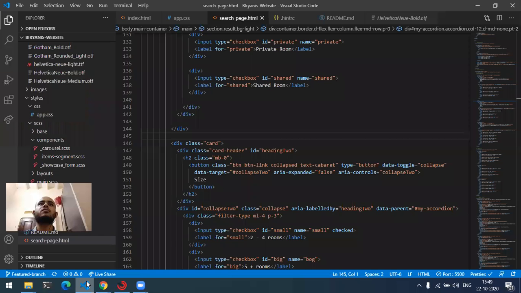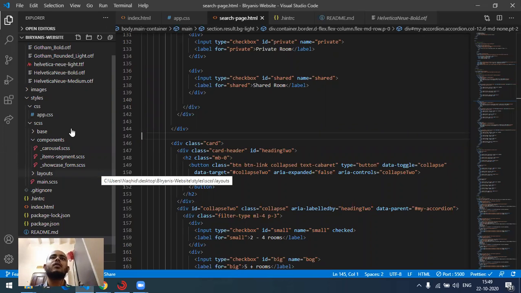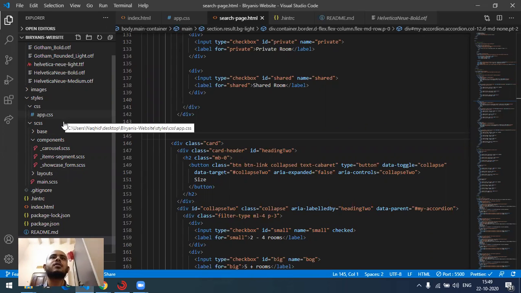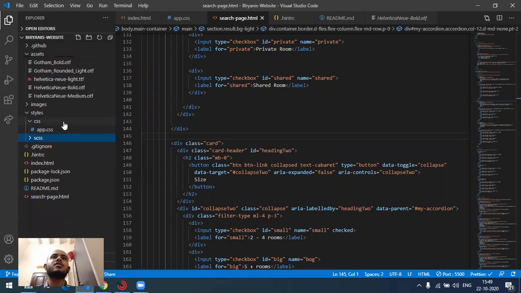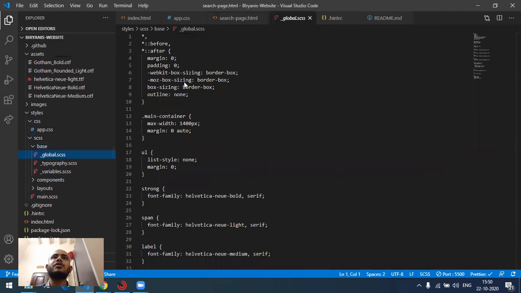Here is the code. In this code I used various CSS files. Under the CSS files there are base and components. I created various folders. This includes base. This is for global CSS things, which you can see there.